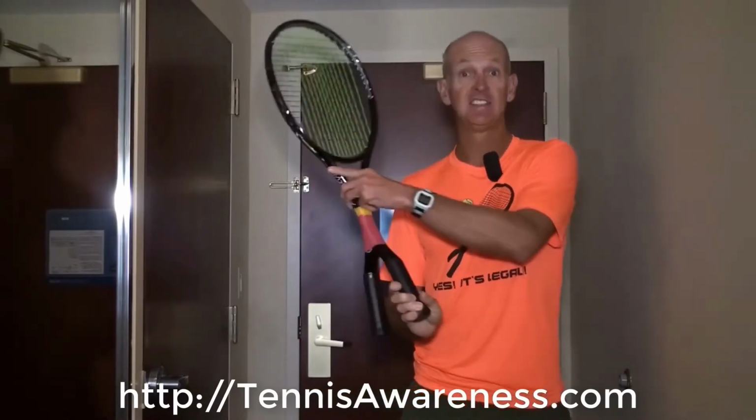Now double handle players almost don't even have to warm up their overheads, because it's just such a natural shot that we show up with. We just basically swing at the ball, and the racket, like a seesaw would, centripetally goes over and creates a lot of leverage and does the smashing for you. It's that way on the serve. We love that pull down effect. We feel like we get a little more kick, we get a little more angle on everything we do whenever we hit a